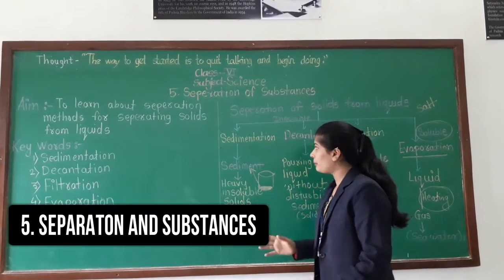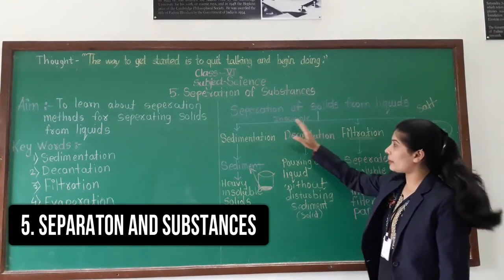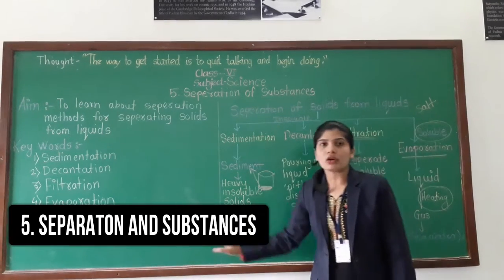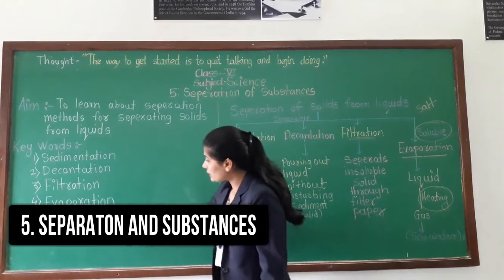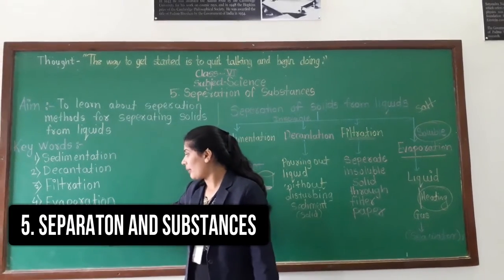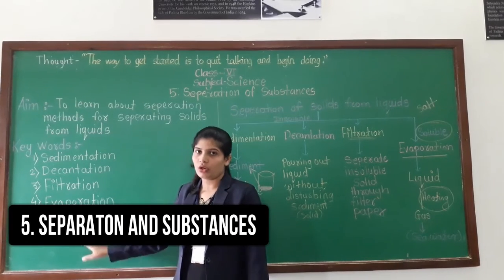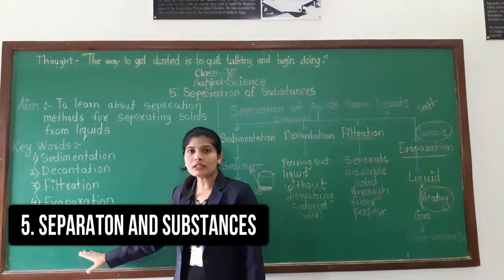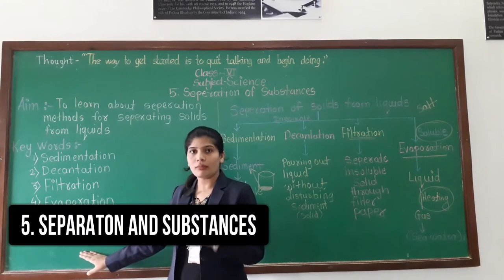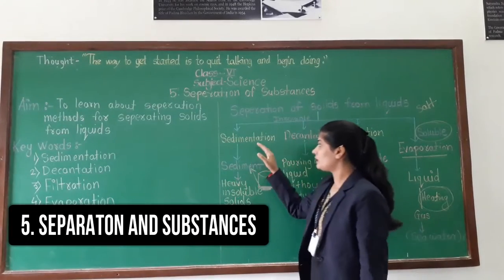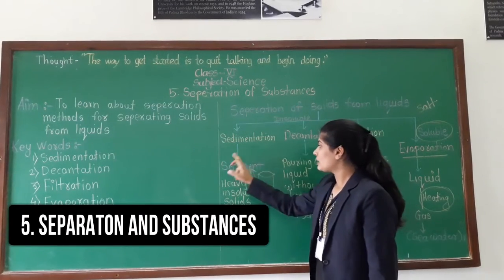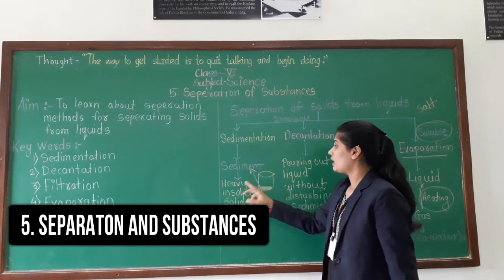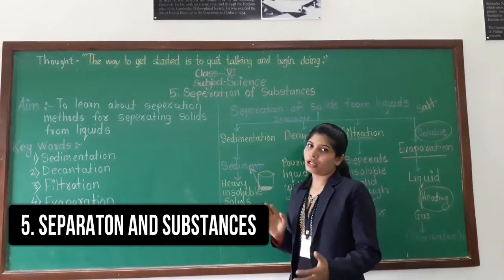So here we have completed our 4 methods of separation of solids from liquids. Let's revise all the things. At the start of our session we learned about soluble and insoluble. Soluble means the substance can mix in water, and opposite to that, insoluble cannot mix in water properly. Then we learned sedimentation, where the sediment settles down at the bottom and we can separate out the heavy insoluble solids from the liquid.